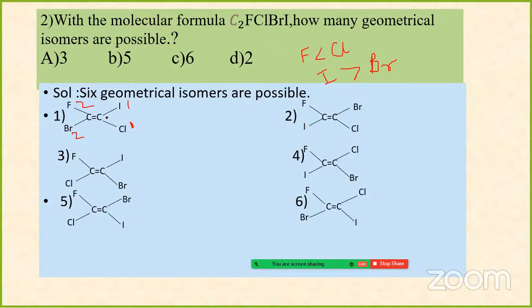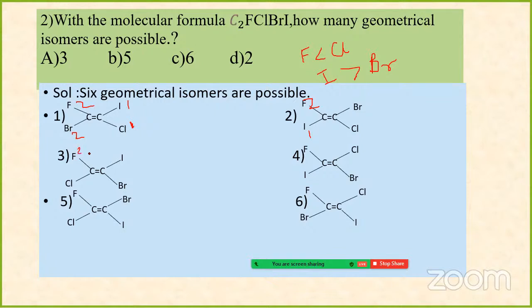Now just exchange one higher priority group and another lower priority group on this side. See here, fluorine is the lower priority group 2, and iodine is the top priority group. Then it will become trans. Okay, so in this example, in another type of isomer, see here,